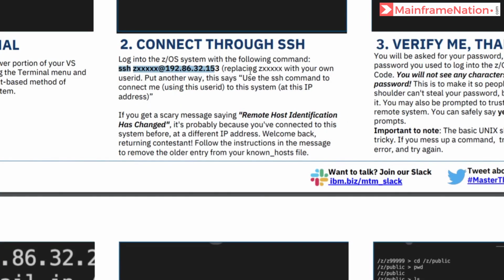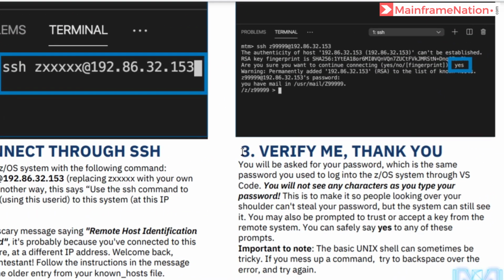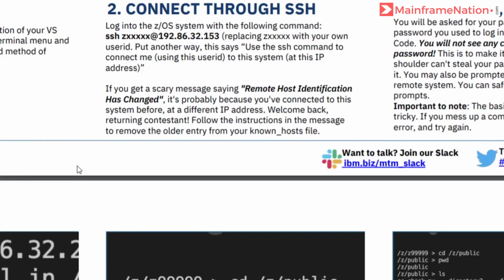So step 2 and 3 are now complete. In step 3 it is telling us that you may see a verify message. If you see a verify message, then just give yes. I did not get it because I have logged in before as well. That's why I did not get any such message.